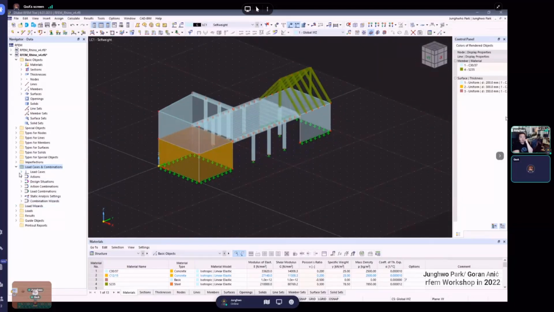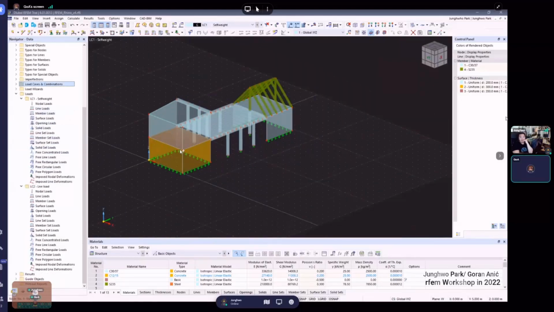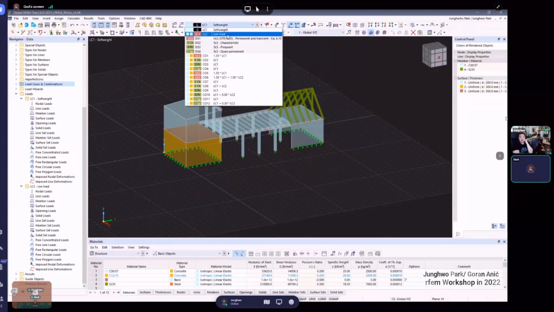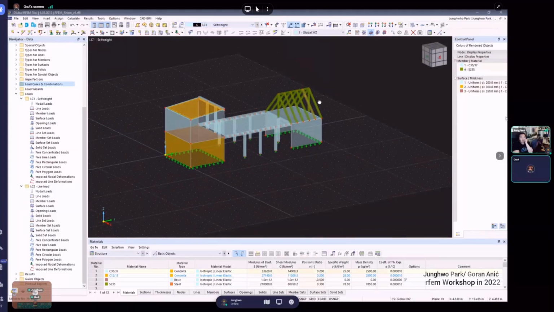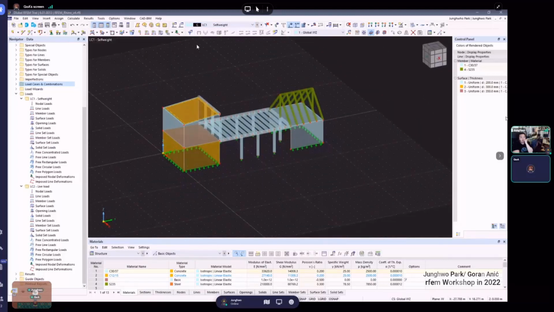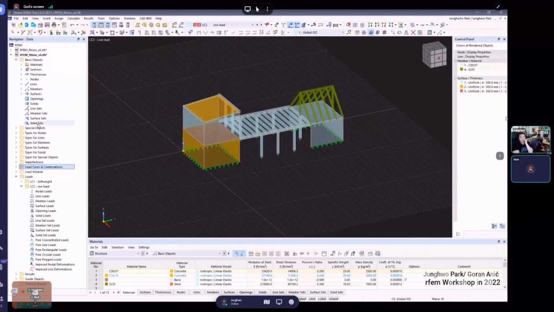We can just shortly show how to generate area load. For example, self weight is self weight of building according to the materials which we choose. Here I choose concrete members, and here on this side I put some steel members, just for example. We can maybe go to live load and say okay,